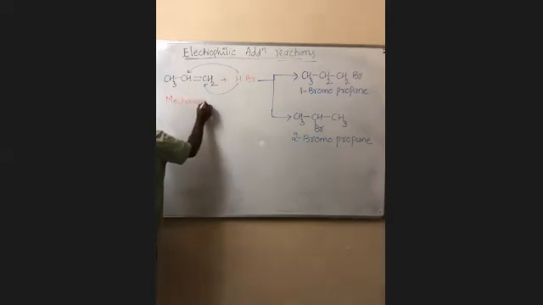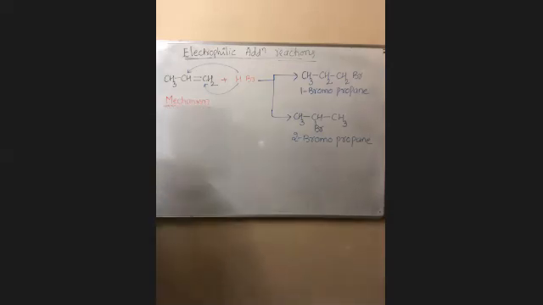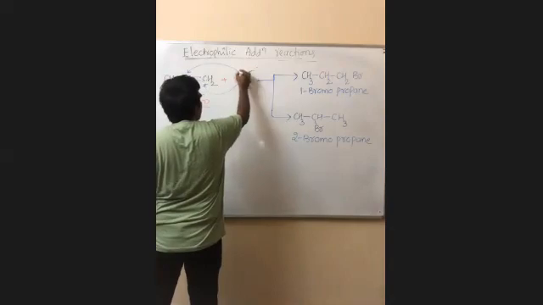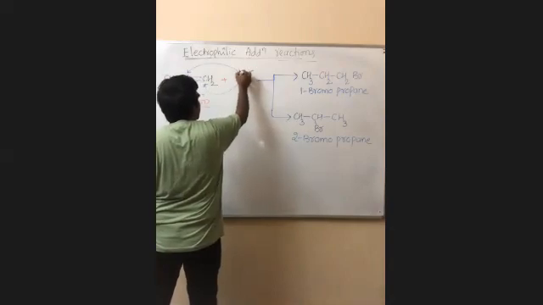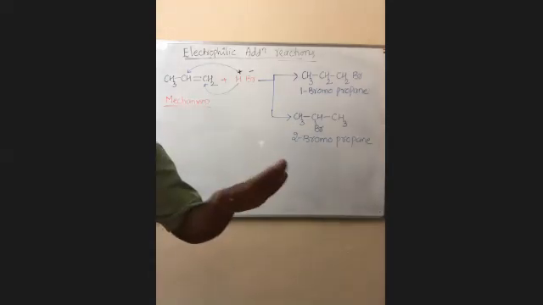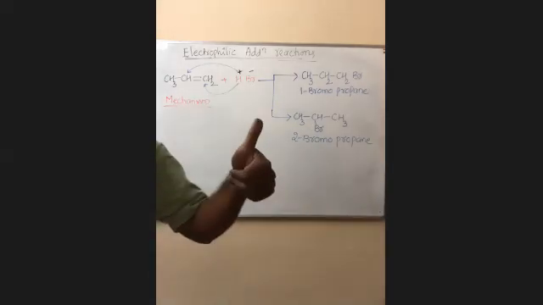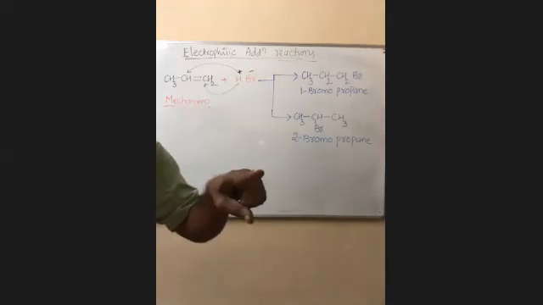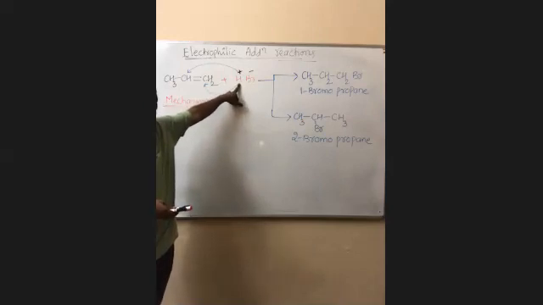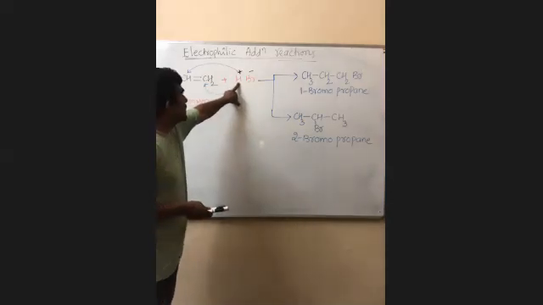If you check the mechanism of this reaction, in step number one, H plus is the electrophile. In HBr, generally you write H plus Br minus. H is carrying the plus charge, Br is a minus charge. Now plus means what is an electrophile? They love the electron. Who loves the electron? Positive charge only loves the electron. Here H plus is the electrophile, because it is carrying the positive charge.